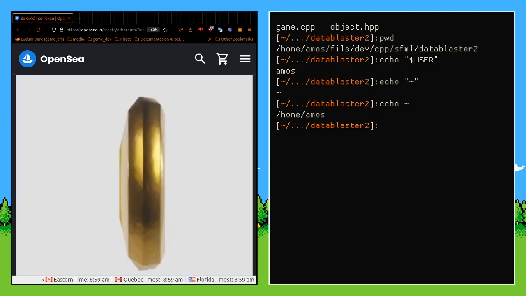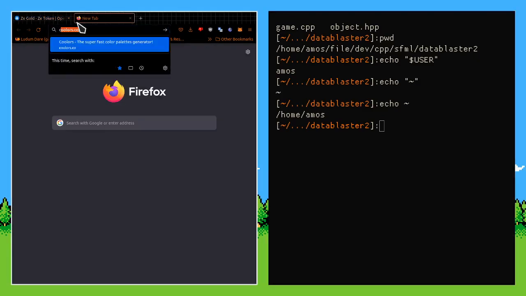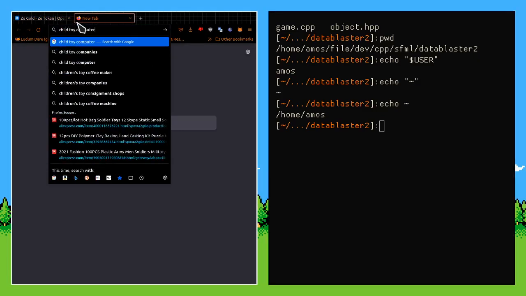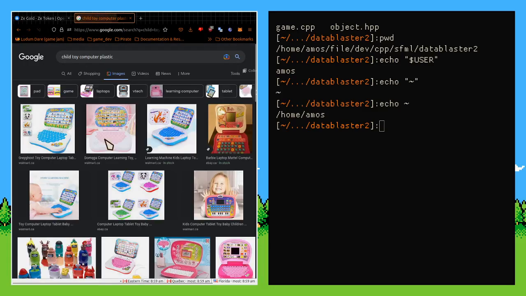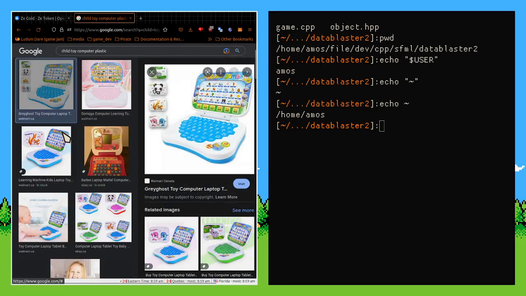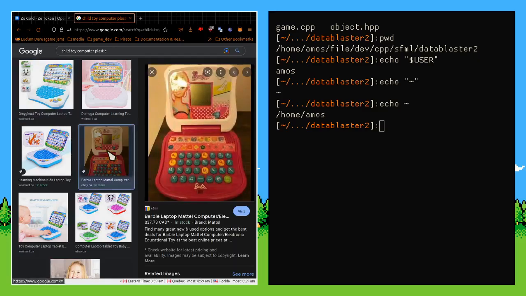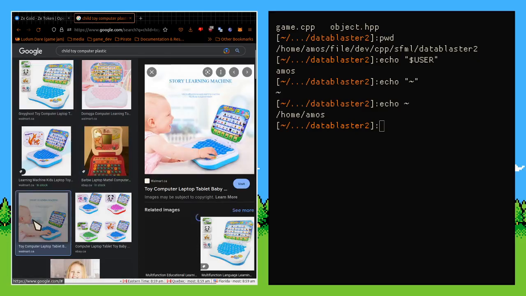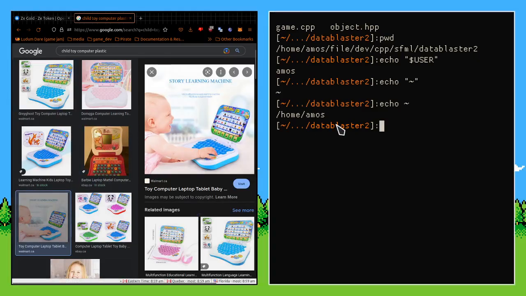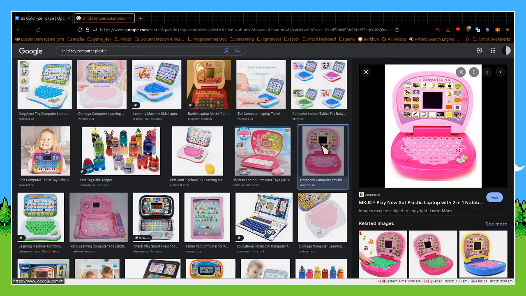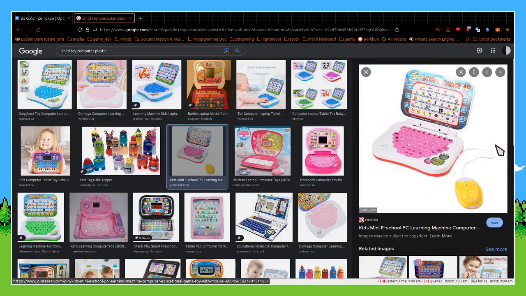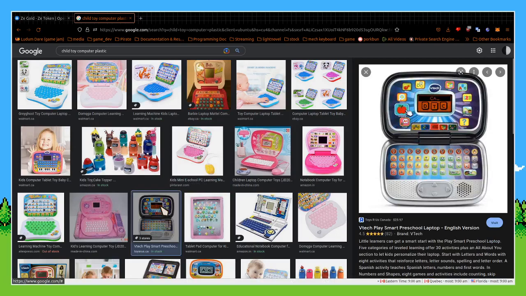And the way I see it, if you type child, toy, computer, plastic, that's kind of what Windows is. For a certain demographic, for a certain target public, this is great. This does what you need it to do. I'm sure this kid is having a lot of fun playing with his quote-unquote window computer. Okay? It's limited in feature. You cannot do proper work with that. But for the target audience, this is the best computer they'll ever have.